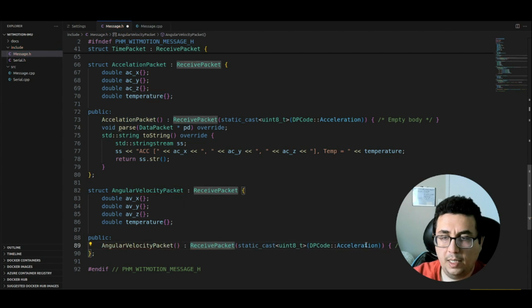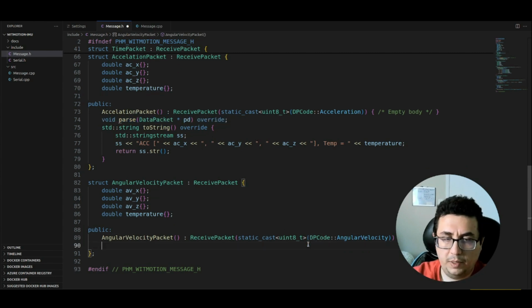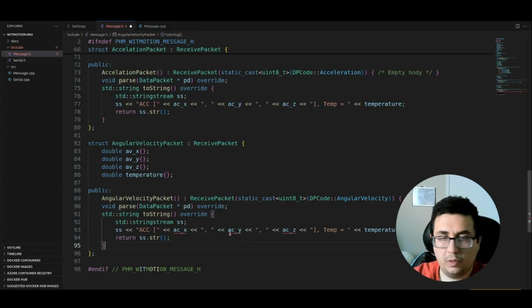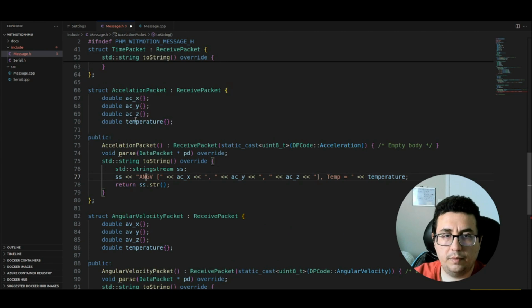I just change that, and for this one, this one would be the same, and for this one we just need maybe angular velocity, something like that. AGA, and